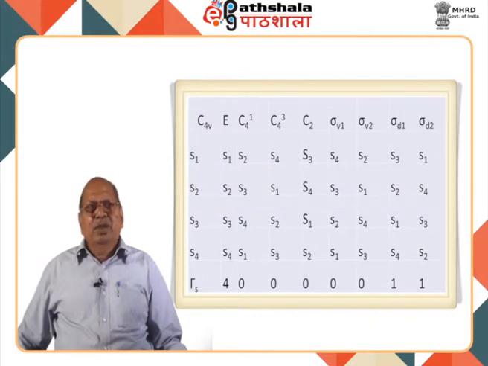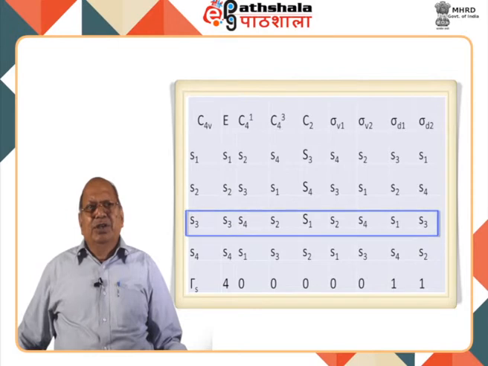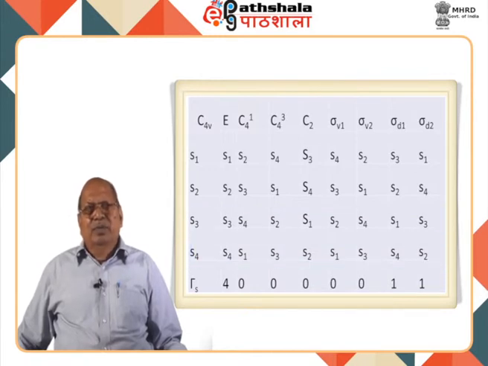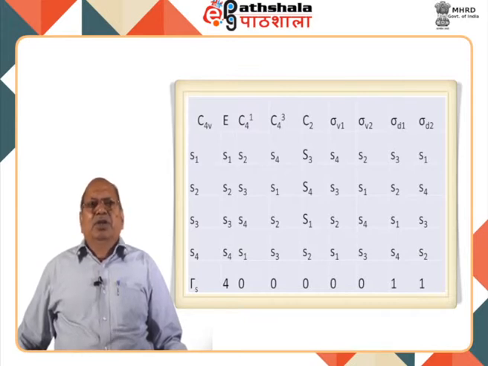Similarly, S3 goes S3, S4, S2, S1, S2, S4, S1, S3. Similarly, S4 goes as shown in the row. Now, after seeing the effect, the S function which is not shifted contributes +1 and the S function which is shifted contributes 0, and by doing this we get tau S, the reducible representation based on